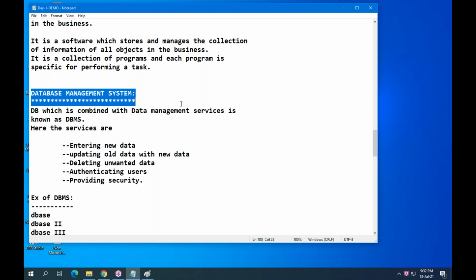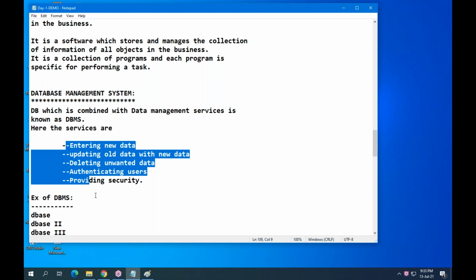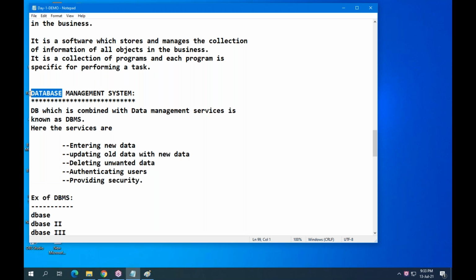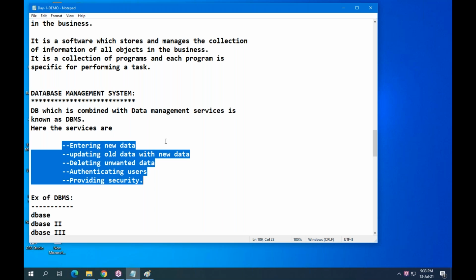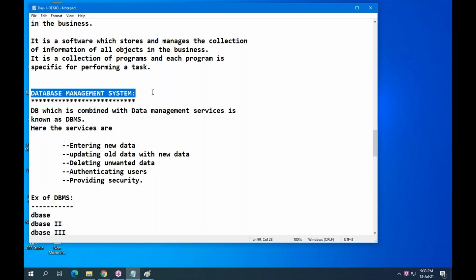So according to business transactions, we should add data, delete data, change data, security, authentication. These are known as data management services. A database with these services is known as DBMS.